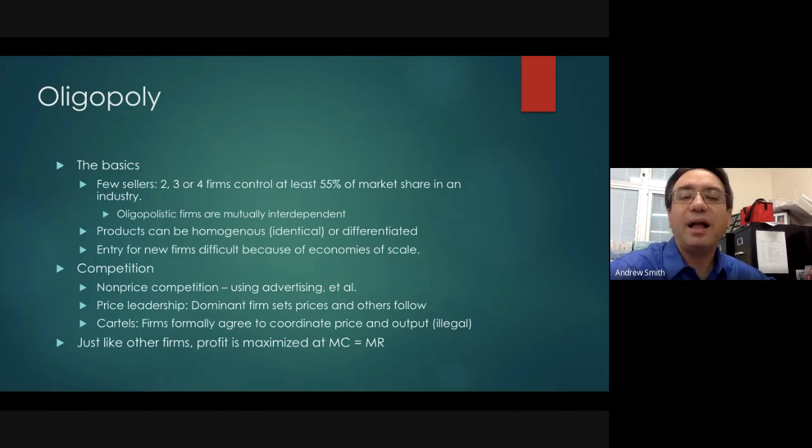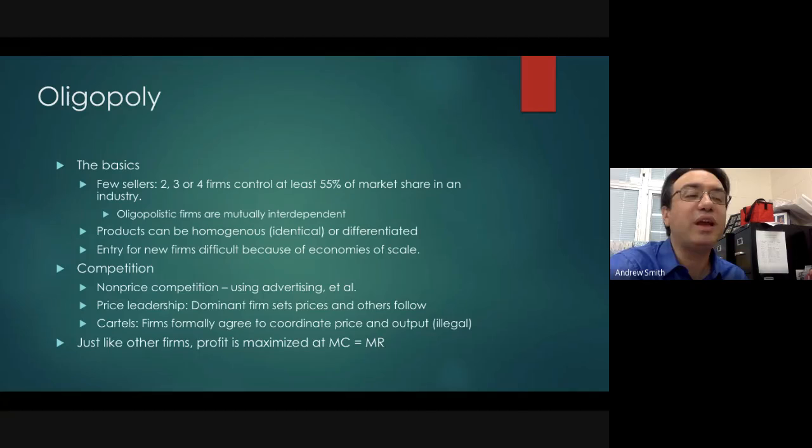So in oligopoly, basically the way they compete is through non-price competition. They do use advertising just like a monopolistically competitive firm would. Generally, there is price leadership. There's a dominant firm that sets the price, and the other ones generally follow. Basically, everybody takes their cues off of the dominant firm, and you can have more than one dominant firm. The dominant firm may be just the first one to act. Pepsi comes out with vanilla Pepsi, Coke's going to come out with vanilla Coke. It was actually the other way around. Coke came out with vanilla Coke first.